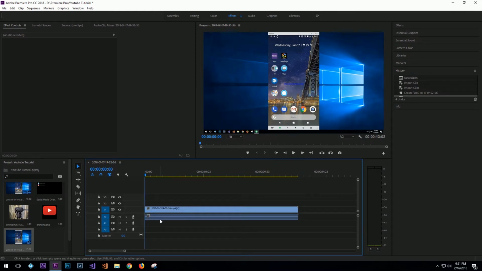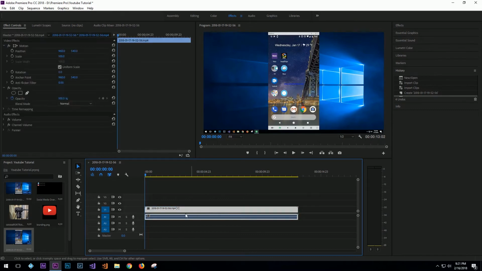So the first tool we'll take a look at, we've got our selection tool. We'll take a look at that more in depth in a second, but let's take a look at our razor tool. The razor tool allows you to cut up anything in your timeline. Another handy tool here is the link selection tool, and what that'll do is,